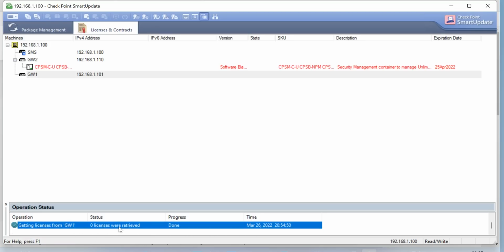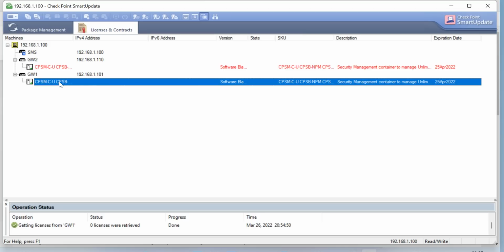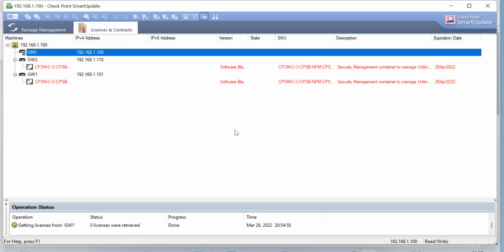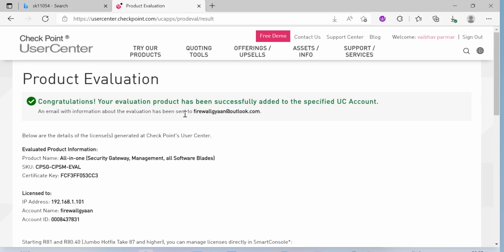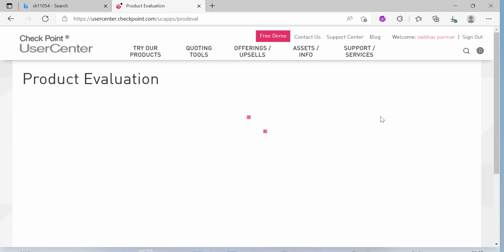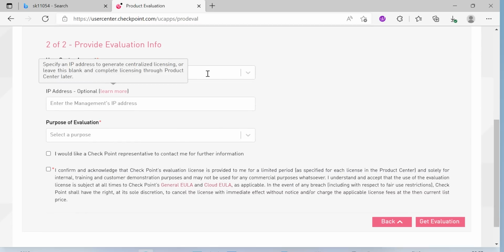Why is it saying zero license retrieved? Okay, now we have the license here. Now again, same, do it for your SMS for the sake of licensing for every part of the gateway. Try, go to the product evaluation, go to the all-in-one evaluation. Next,